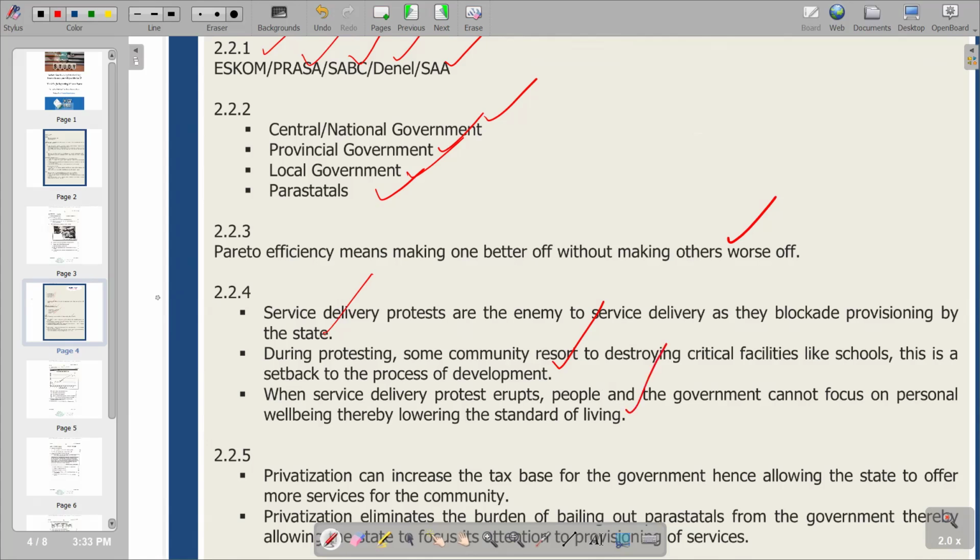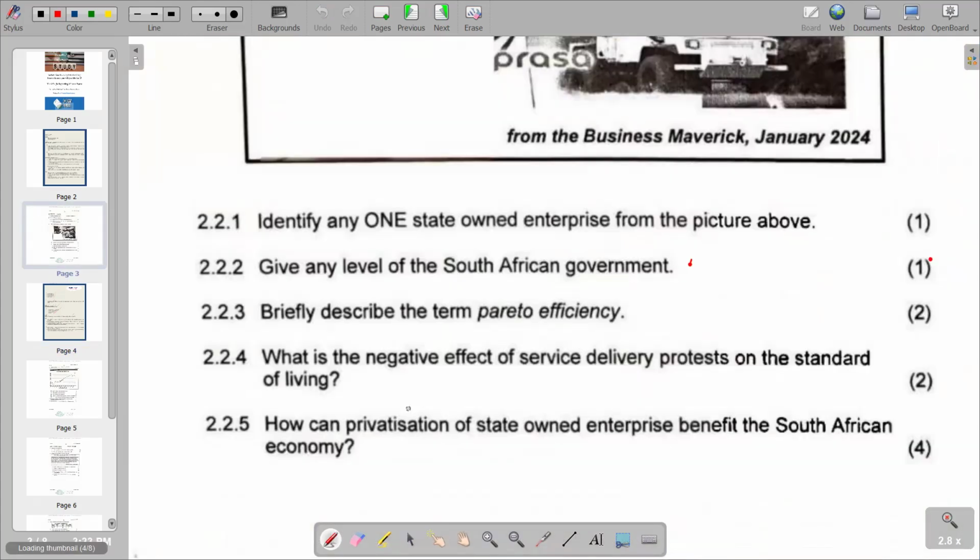So those are the points that we have. Then moving on to the next part, it reads, how can privatization of state-owned enterprise benefit the South African economy? So obviously, there are many positives that we can deduce from privatization. Remember, privatization is the migration of ownership from the public sector to the private sector. So with that essence, we are going to say that we are going to have more production taking place since